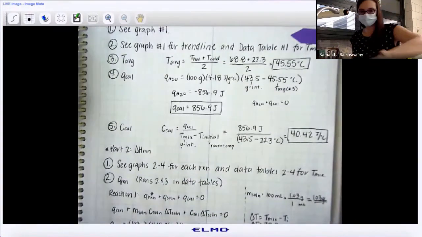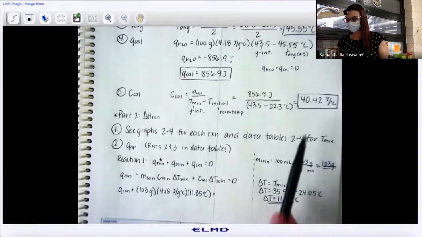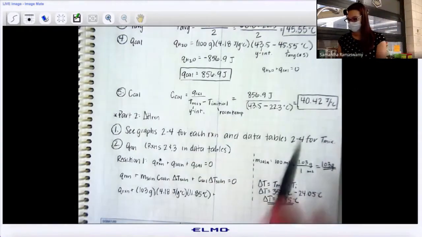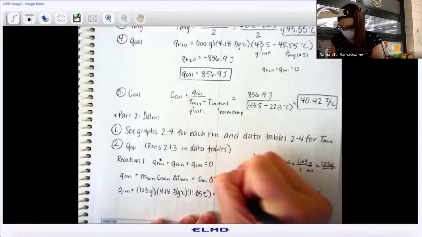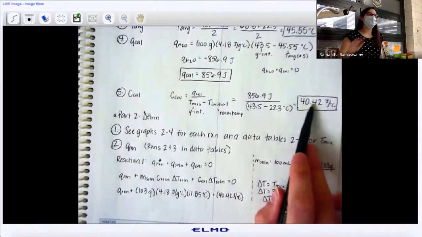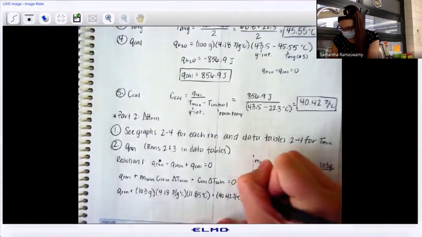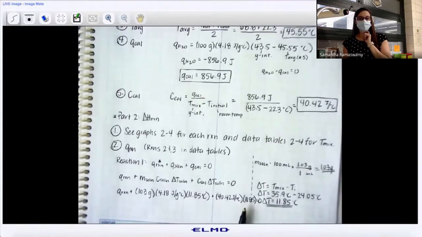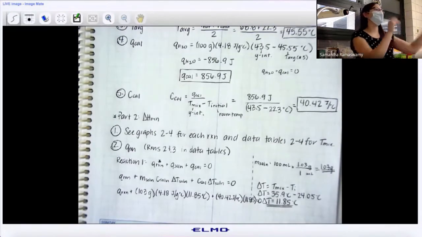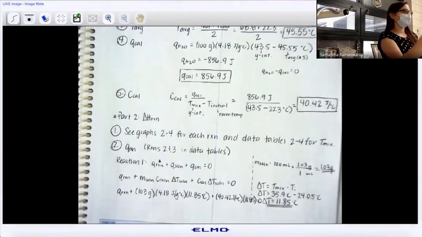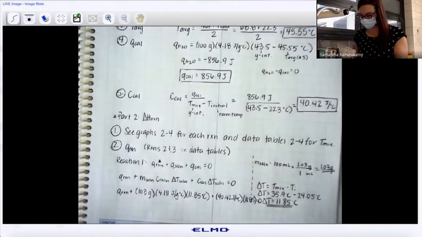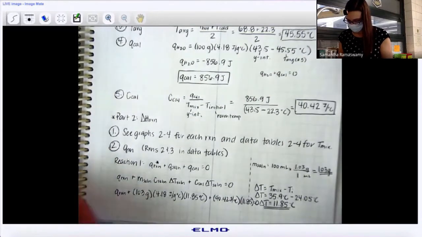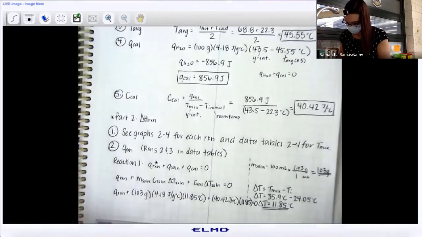C-cal is what we calculated in part 1. The heat capacity of the styrofoam cup, 40.42. That's not going to change. This is going to be C-cal for this entire lab. And then again, times delta T. So we have Q reaction, we have MC delta T of the solution and C delta T for the calorimeter. Delta T is always the same for the solution and the calorimeter because it's all the surroundings. So if I plug all of this in, 103 times 4.18 times 11.85 is